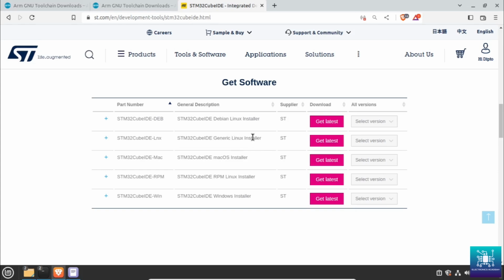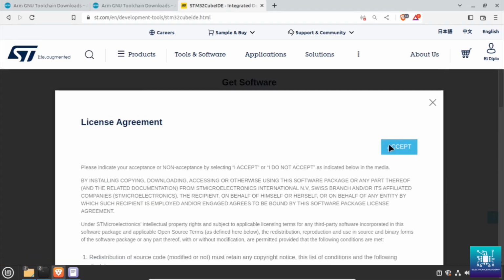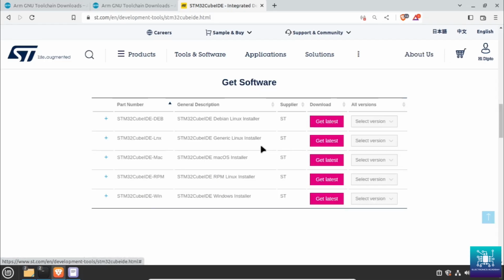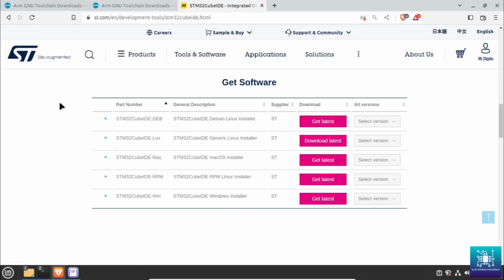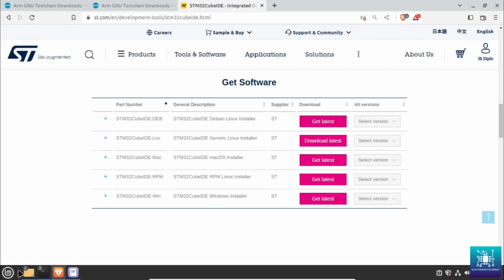So again, let's do a get latest. I have already installed it. You have to accept a license agreement, and then it will prompt you for a download. I have already downloaded it, so I'm not going to download it again. If you do save, it's going to come here. Once you have downloaded it,